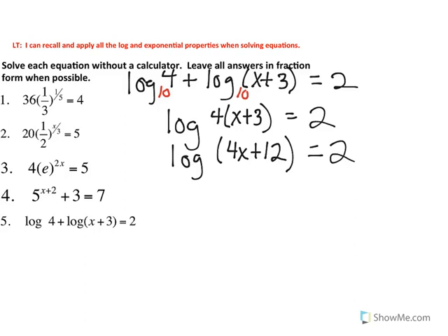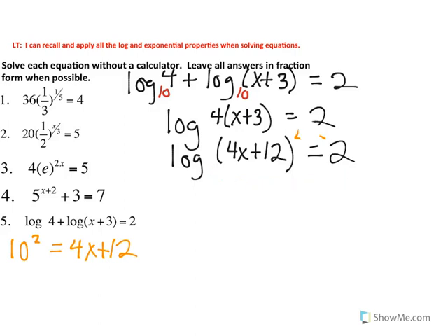Okay. Now you have some options here. You can either do the around the world method, where you can say 10 to the second power equals this. That would probably be what I do, just because I like that process. I use that a lot, and so it makes sense for me to do that, and I can immediately solve the equation. Or